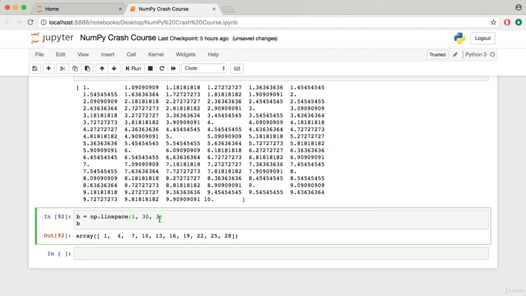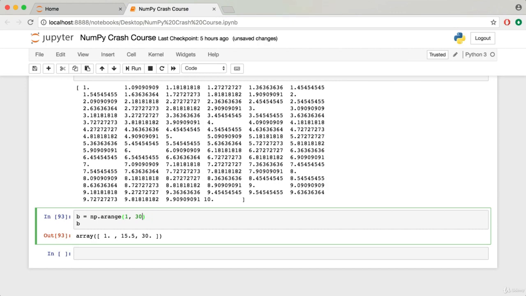this third argument specifies how many elements we want from 1 to 30. If we change it to linspace, it would grab 3 numbers from 1 to 30 that are all evenly spaced. So, take-home message: with arange, this indicates step size, whereas with linspace, it refers to the amount of samples between your range. If I put this back to what it was, and remove the step size for now, just to